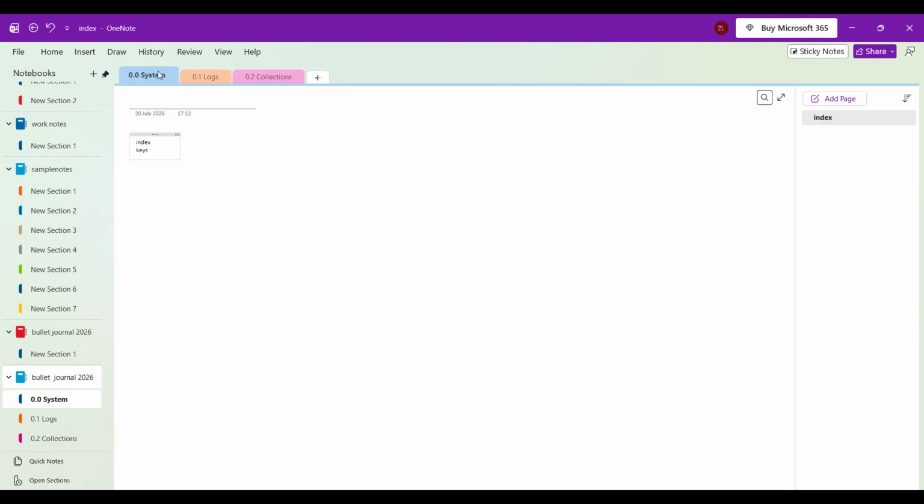As you build it out, don't worry about making it perfect on day one. The best bullet journal is the one you actually use. Start with the core structure, then add more pages, trackers, and templates over time as you figure out what works